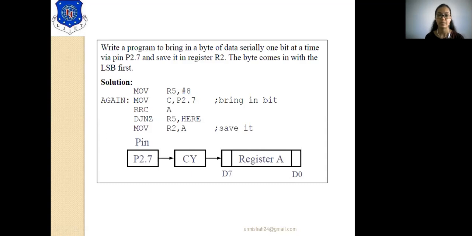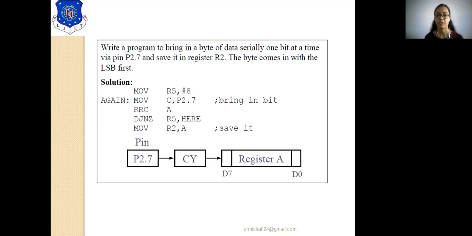Now, with the same program, you have to write a program to bring in a byte of data serially, one bit at a time, via pin P2.7, and save it in register R2. Here the LSB will come first. So from the LSB you have to start shifting your data serially, one after the other.